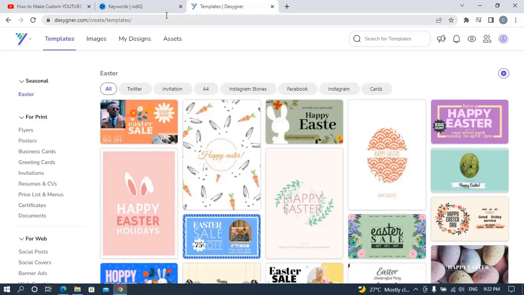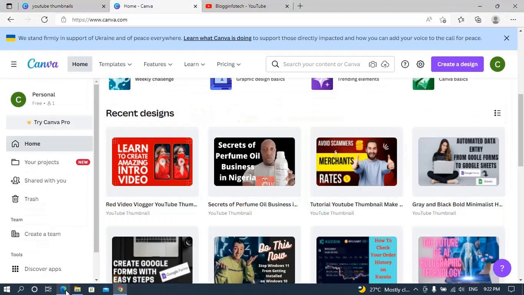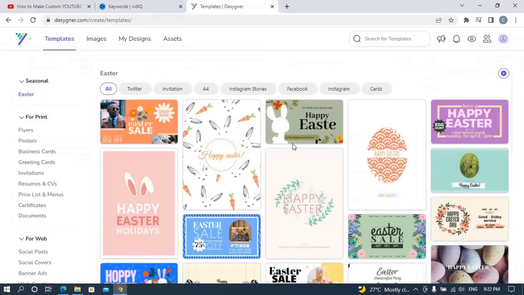So now, Designer is actually Desygner.com. It has a pro plan, and that's the major reason why I use it most of the time. But I like using Canva in creating most of my thumbnails, just as you can see. But like I said, I use two platforms, Designer and Canva. So if you're on Designer, that is